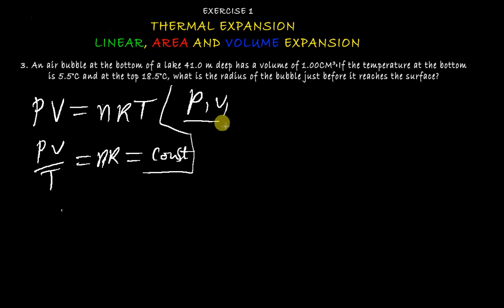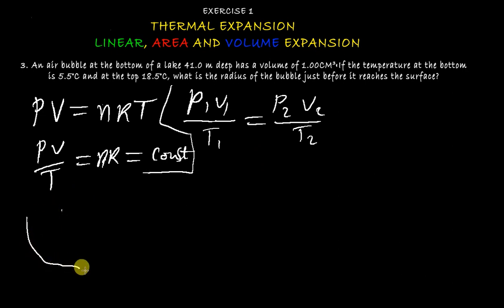You can write it as P1 V1 over T1 on this side. This can also be written as P2 V2 over T2. And then from there, we can now say, so we have